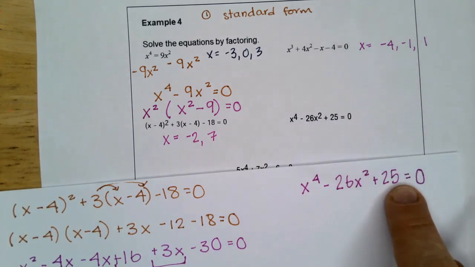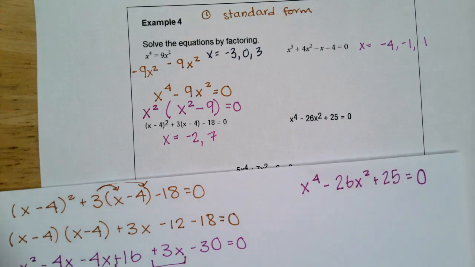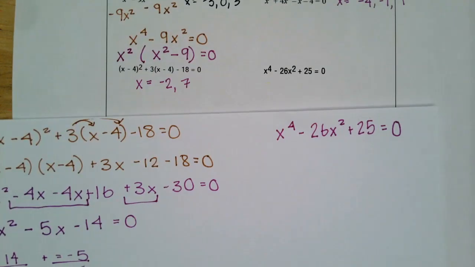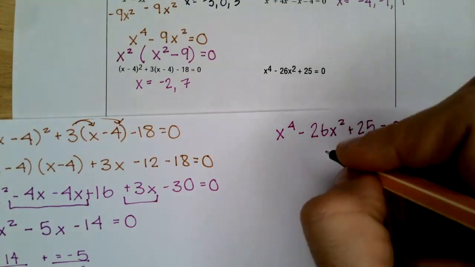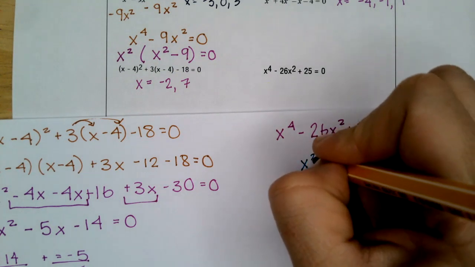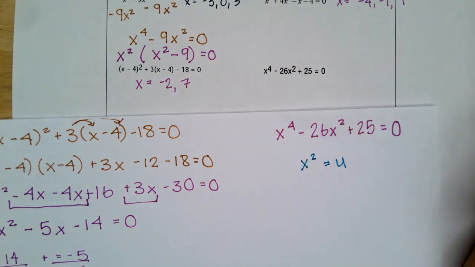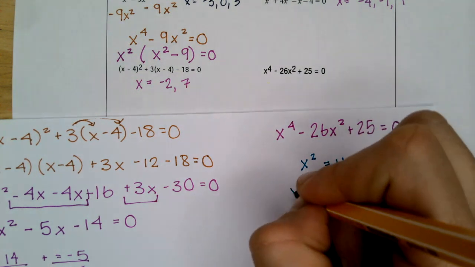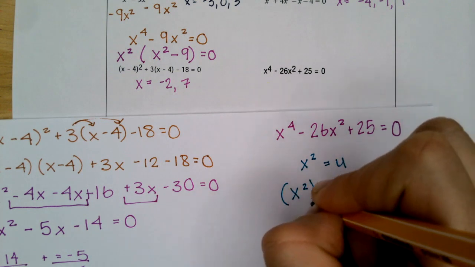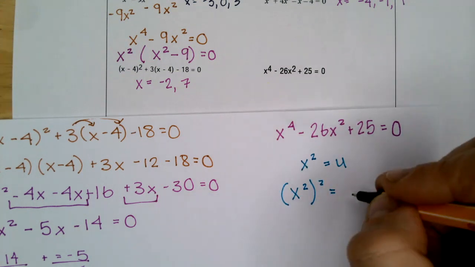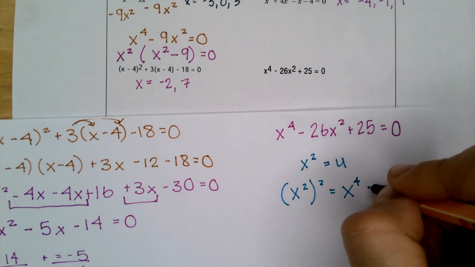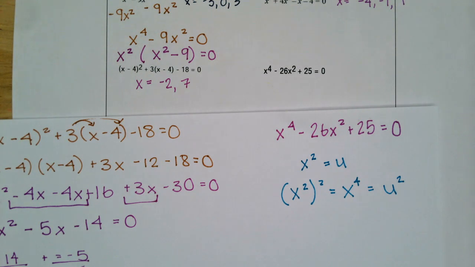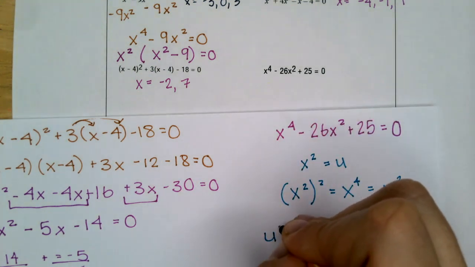Here, there's nothing we can factor out. There aren't 4 terms to factor by grouping. It sounds very different from what we've been doing before, but what I want you to do is replace the x squared with a new variable. So the x squared is going to be a u, and because x squared is x to the 4th, x to the 4th is u squared. Okay? So x to the 4th becomes u squared